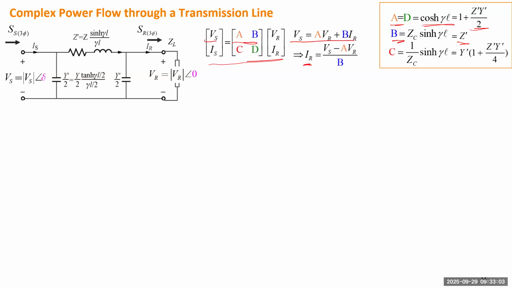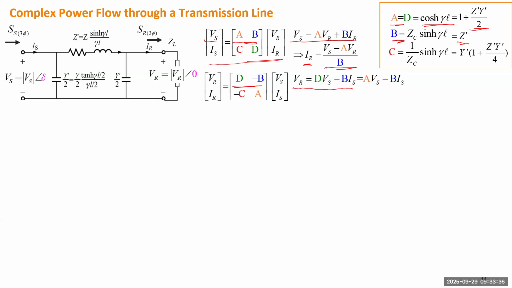So then we can know the load current can be represented by a linear function of Vs and Vr, utilizing the coefficients A and B. Similarly, we can utilize the inverse transformation from the source voltage and current to the load voltage and current. Okay, so by also utilizing the first row of the matrix, we'll have the VR